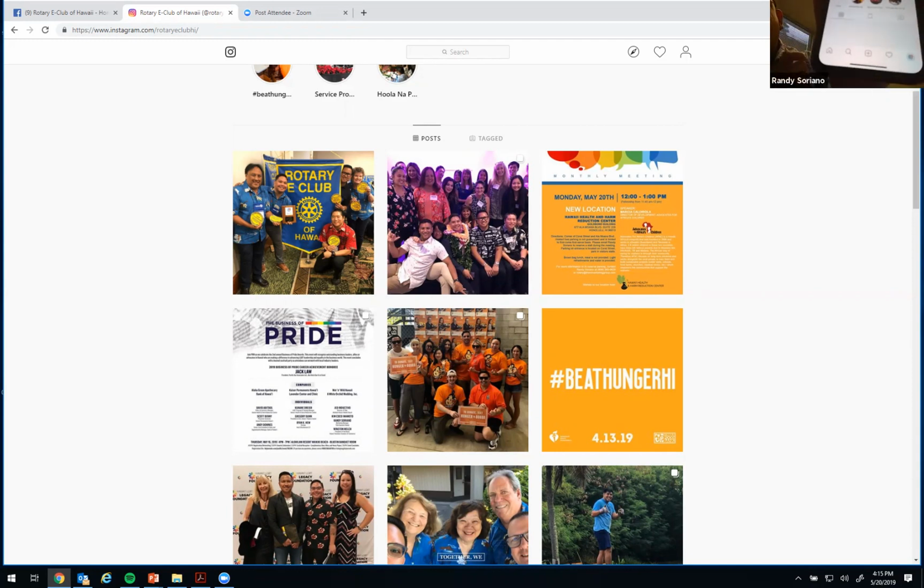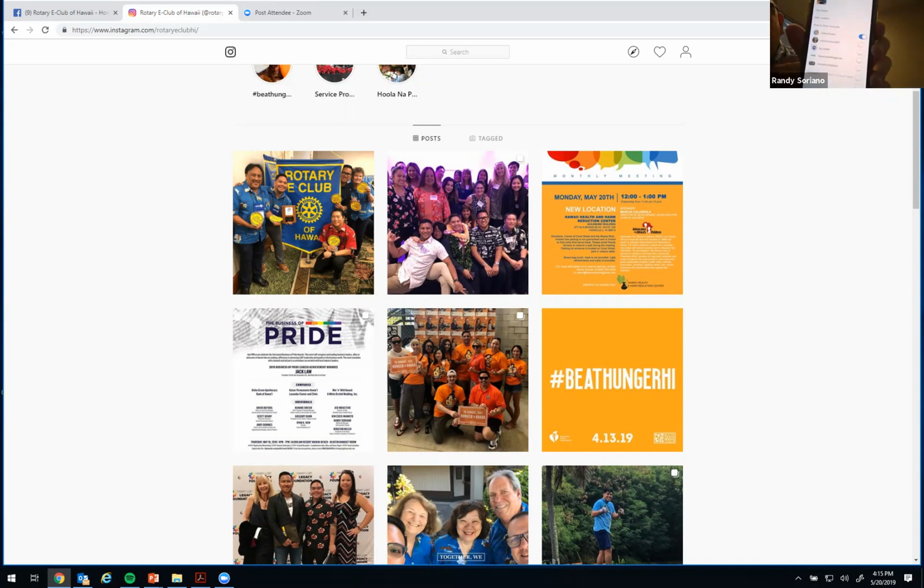So if you look on the bottom of the app, there's that square with the cross in it. So you're gonna click on that, and that brings you up to your photos. Then you're gonna select a photo. So I'll just select this photo here, and then you're gonna press next. So I'll press next.